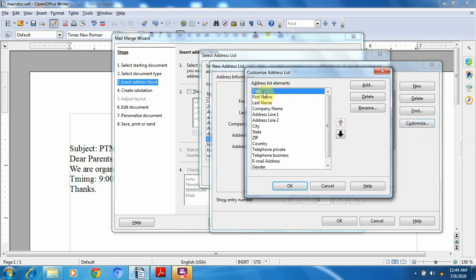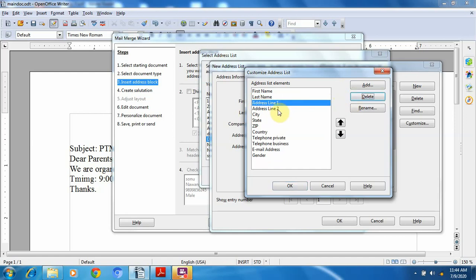For example, I don't want title, so just select this field and click on delete. I don't want company name, click on delete. Address line 2 I don't want, click on delete. Then state, delete. Like this you can delete the extra information.